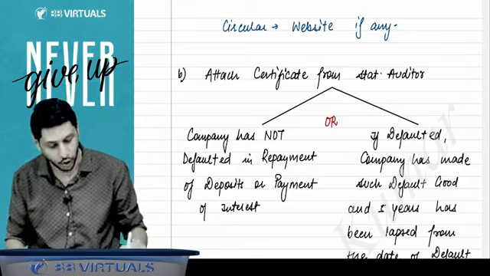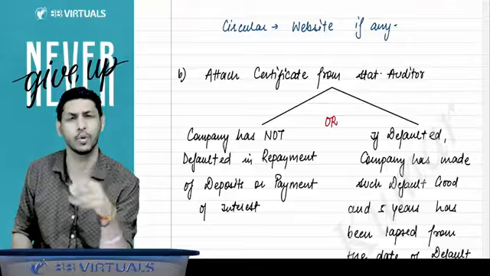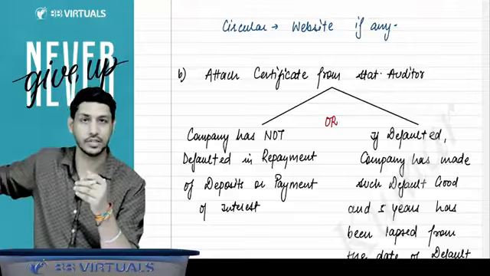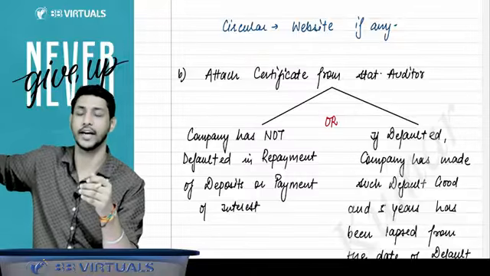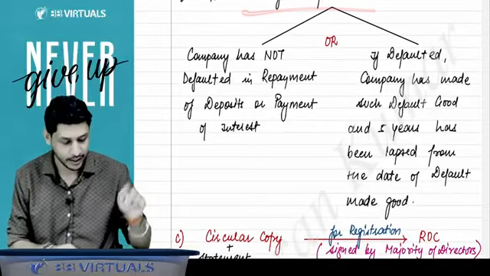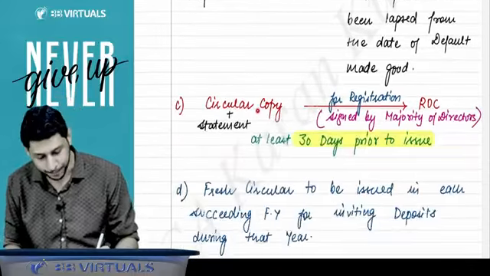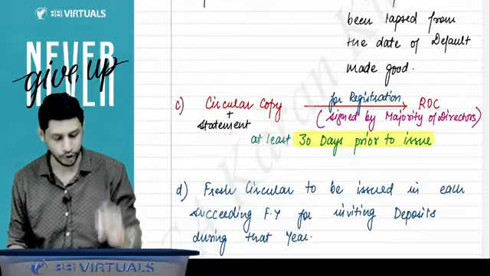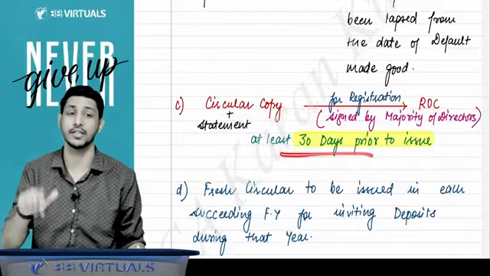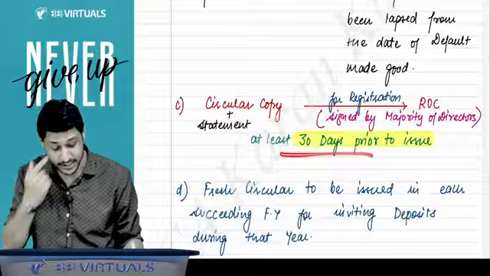If default has happened and that default has been rectified, the statutory auditor will certify that the default was rectified and 5 years from the date of rectification have elapsed. This is the certificate that the statutory auditor will give. Then the copy of the circular and the statement I told you about, you have to send to the ROC at least 30 days prior to issue for registration by the ROC,